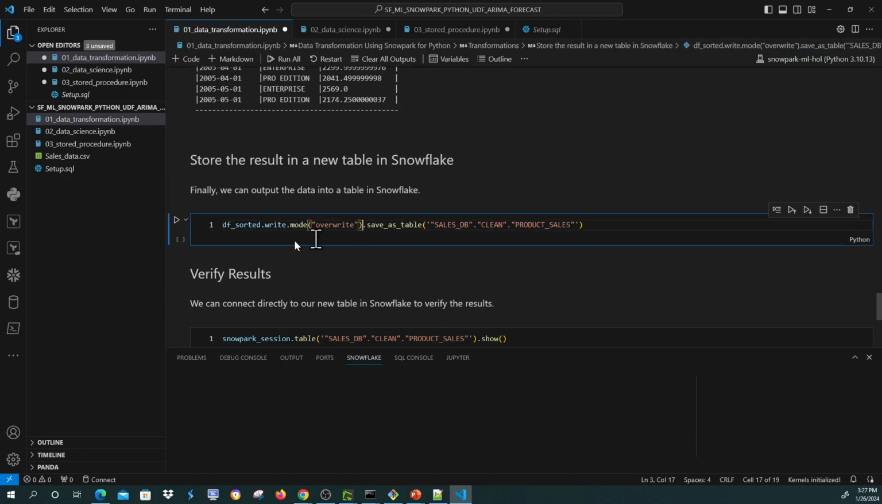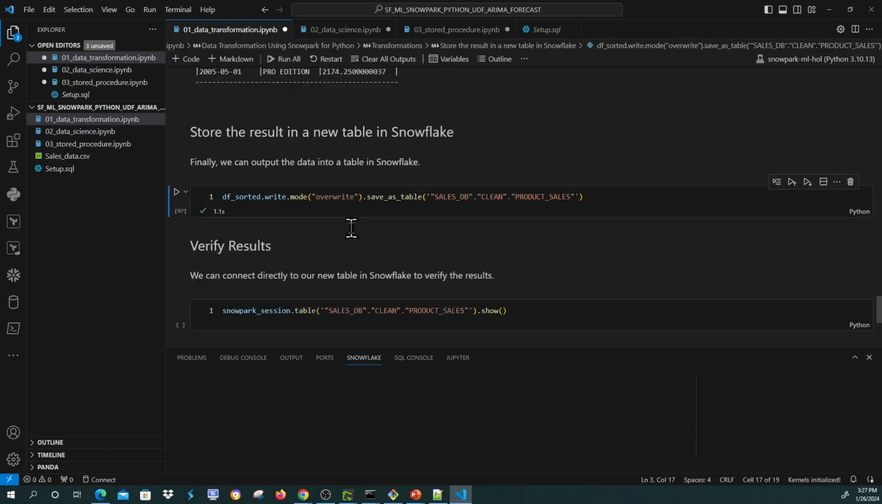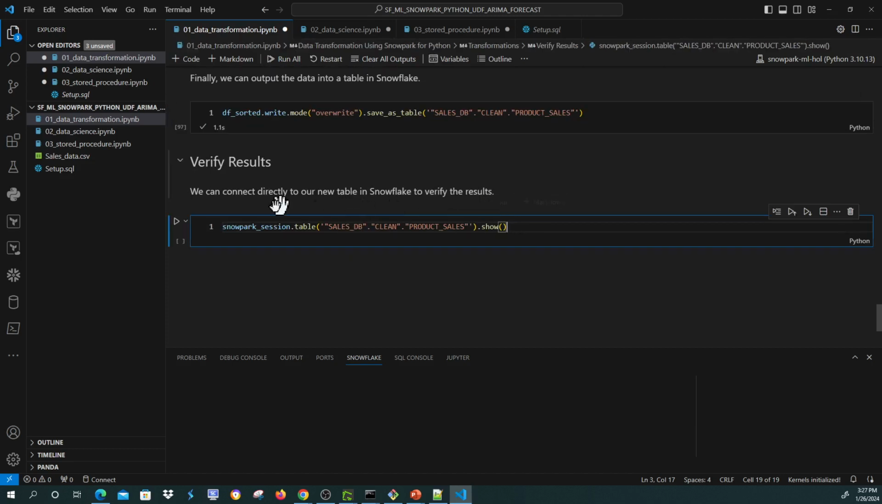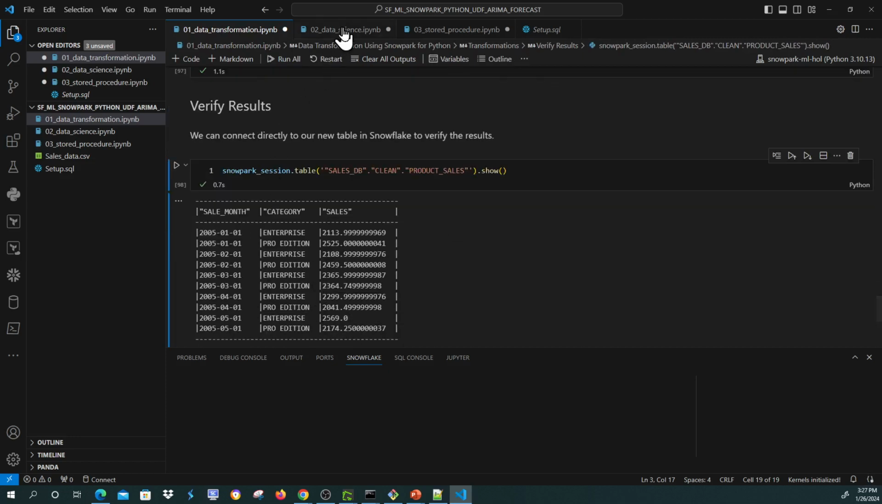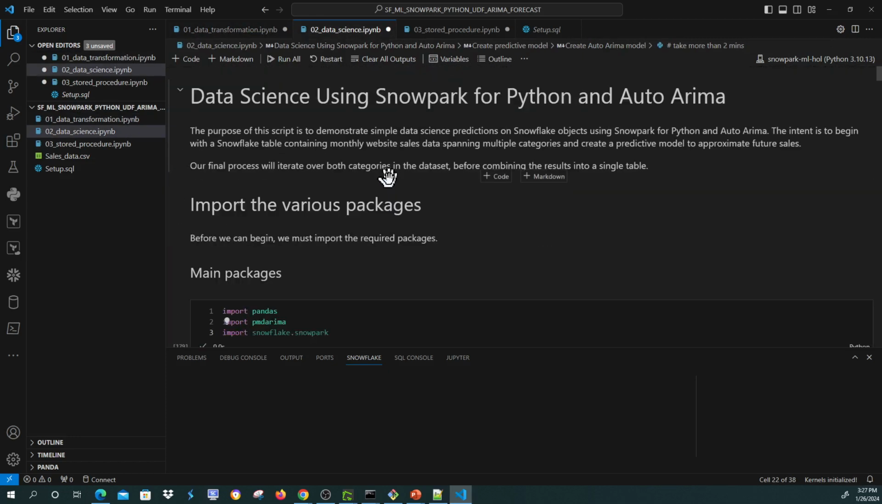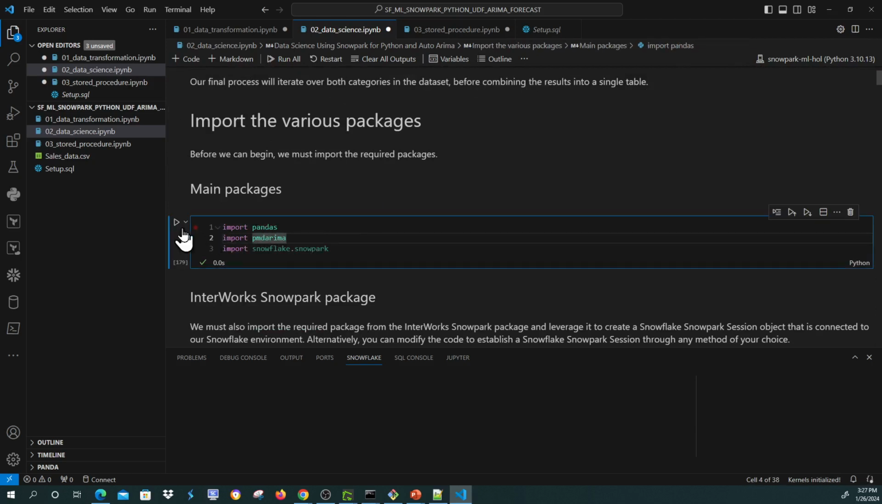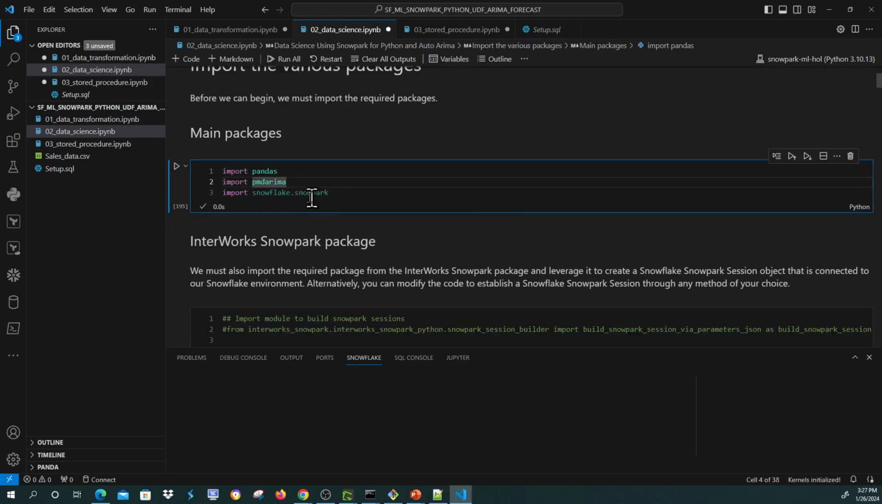And finally we need to write the data back to Snowflake in the clean schema and the product sale table, and we can verify with show on the reference table that all is okay and the table exists in Snowflake. In the second Jupyter Notebook, we need to import the required packages, Pandas and pmdarima, to create the model, and